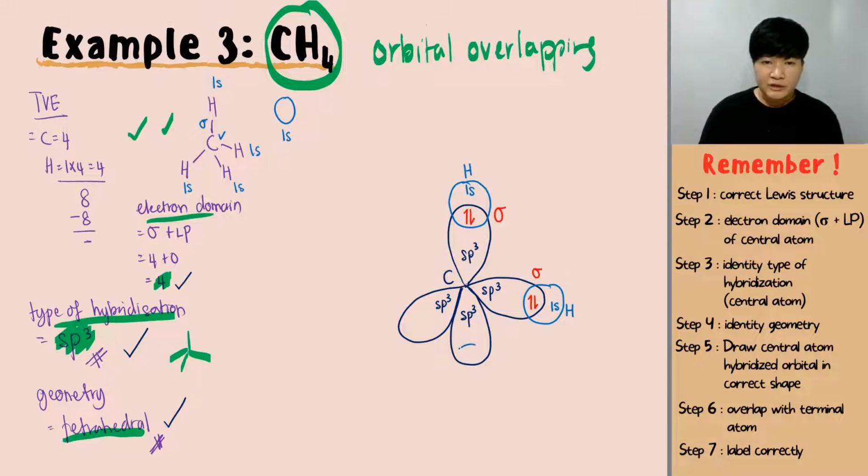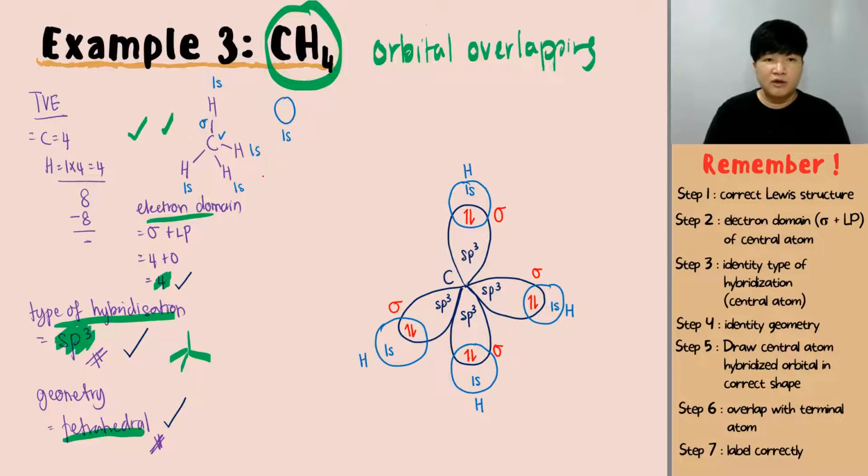Another s orbital overlaps with the sp hybridized orbital, because the s orbital is coming from the hydrogen. So you have your sigma bond that forms in between the sp hybridized orbital and the 1s orbital from the H. As always, in the overlap region, you have a pair of electrons with opposite spin, and again, that is your